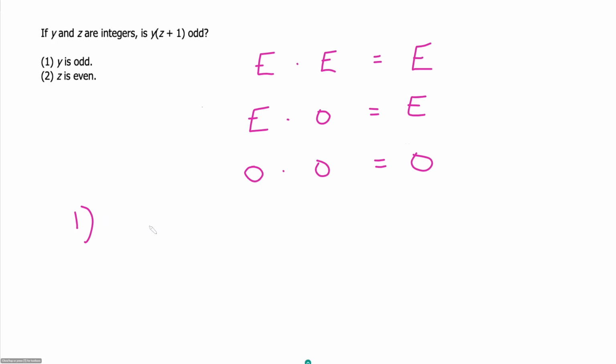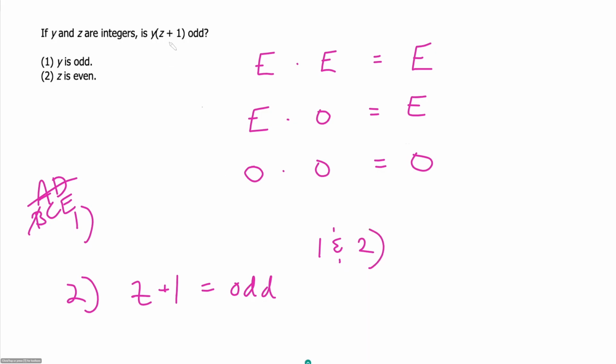And so statement 1 says y is odd. By itself, that's insufficient because we don't know anything about z or z plus 1. Statement 2 says z is even, so that is really telling us that z plus 1 is odd. That's still insufficient because we don't know anything about y. And so then together we know